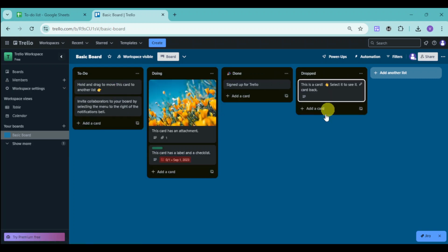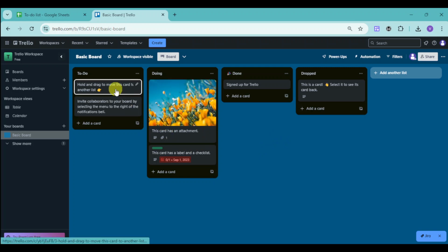You can head over and then just add that to this list. So as you can see, it's really easy to track. Other thing that you can do right here is you can also add an actual date for the card. So for example, let's click onto this card